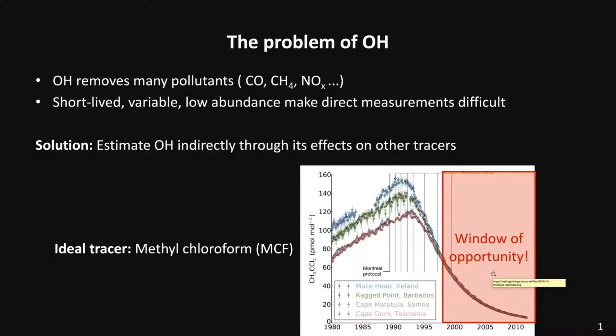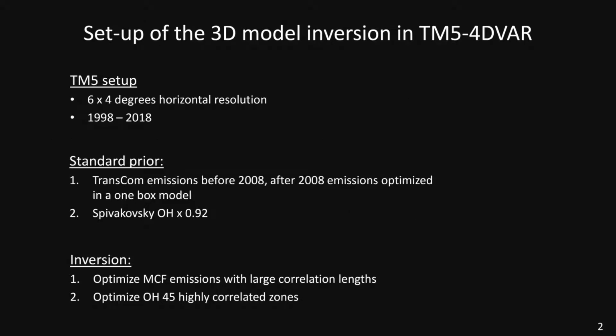And I'll mainly be concerned with the period after 1998, which is a period after which the decline rate has been relatively constant at about 20% per year, which makes it somewhat easier to make the link with OH. So methyl chloroform has been used a lot, but one thing that is new about our analysis is that we use a 3D model inversion that covers these 2 decades after 1998. So before, there've been studies in simple box models, but